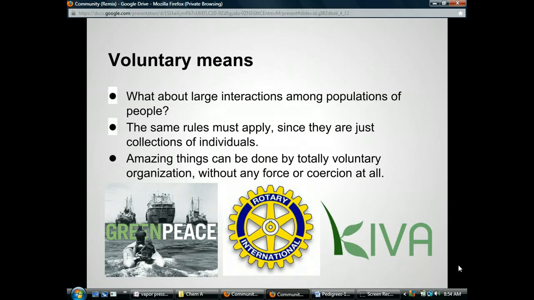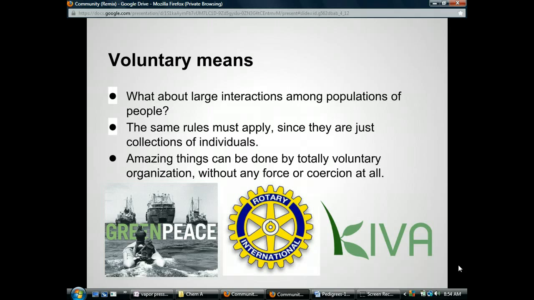Here's another example. These guys have done more than probably anybody else in eliminating polio around the world, the Rotary organization. Kiva, you guys have heard about this on the TV in the mornings, Monday mornings. Has anybody ever gone to this website? It's really pretty cool. What you do is you give a loan. They're called microloans. So I go on the website and I say I'm interested in Africa. So I go to Africa and I look at all these people who want loans, and maybe this one guy wants to buy a pig because he wants to raise the pig and breed it and sell the pigs. So he needs $50 to buy a pig. You can actually go on there and lend him $50.